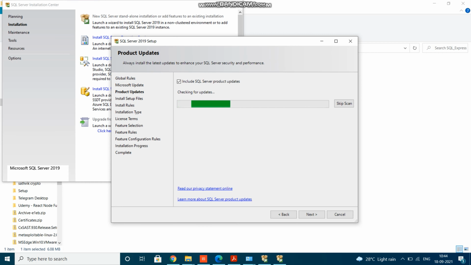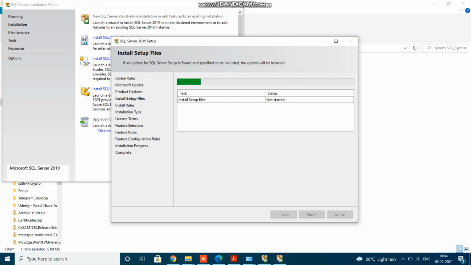Let it scan, or otherwise you can also skip it. It will be better if you run it. It's checking for upgrades. You can skip it or do anything. So let me click on next. Click on next. Yep, so let's wait.